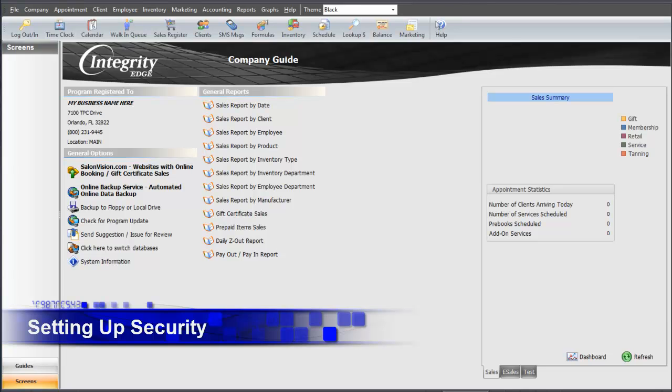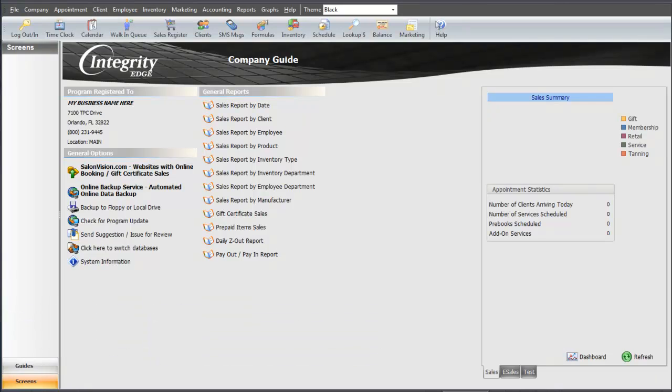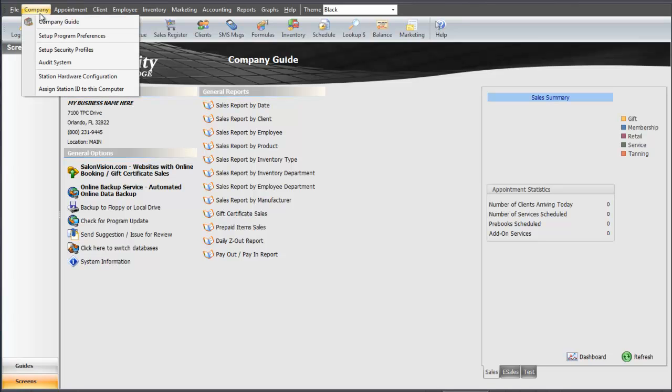This video will cover setting up security profiles and enabling program security for your business. Security protects your business information and allows staff members to have access only to the features that they need to perform their duties. In the program, go to the upper left of the company dropdown and choose Set up Security